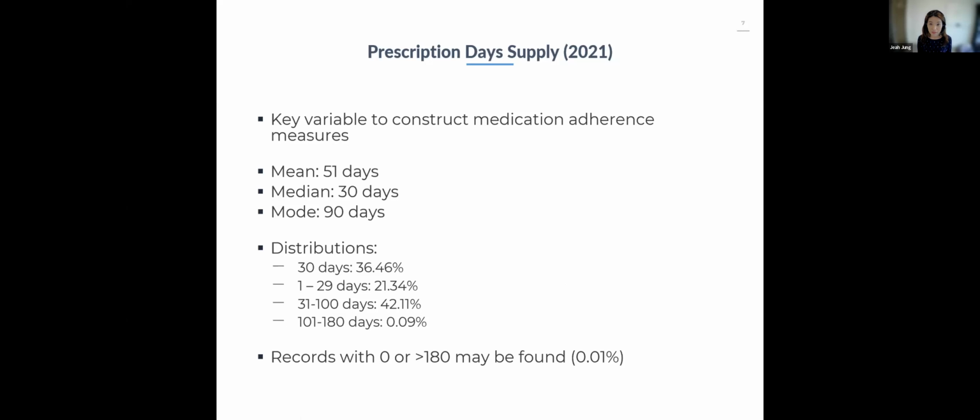The beneficiary didn't keep any drug, any pill, right? So it might be a typo, or what is it? It's really hard to know just looking at PDE records. When it's a very small percentage, you can exclude it. But this is again researchers' discretion, and you may want to look into some abnormal or unusual cases to see what happens there, and then you make decisions.